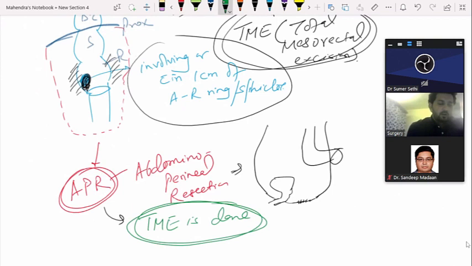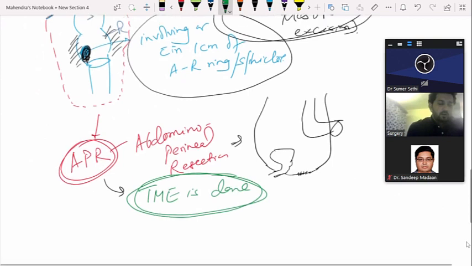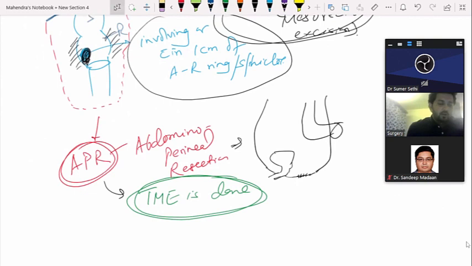Okay, so see, whenever we do this rectal surgery, when we do the mobilization of the rectum, sir must have told you there are so many important nerve fibers present there, especially in case of males. If there is injury to these nerve fibers, it can lead to severe consequences. Impotence is one of them. So that's why whenever we do the rectal mobilization, it takes time. It can take maybe 2 to 3 hours or sometimes 4 hours. So in that case,